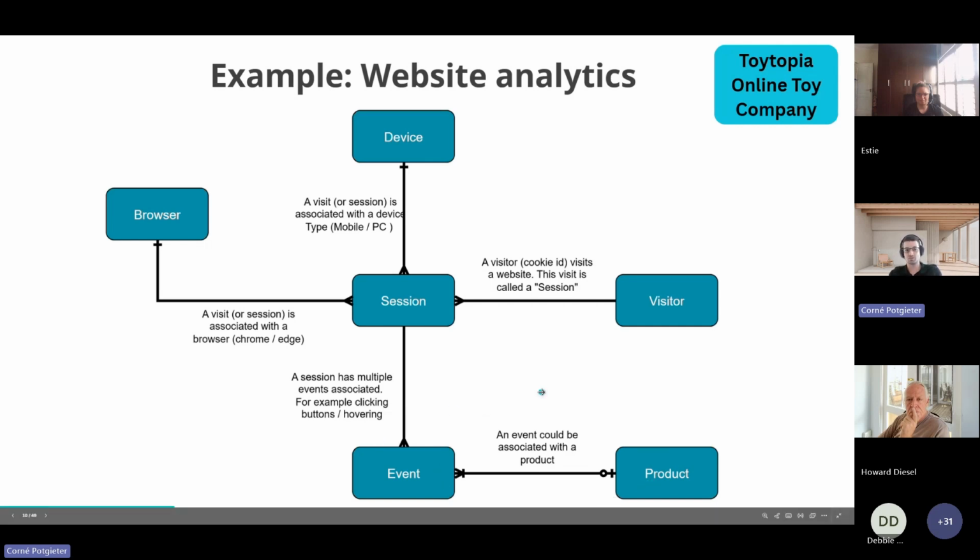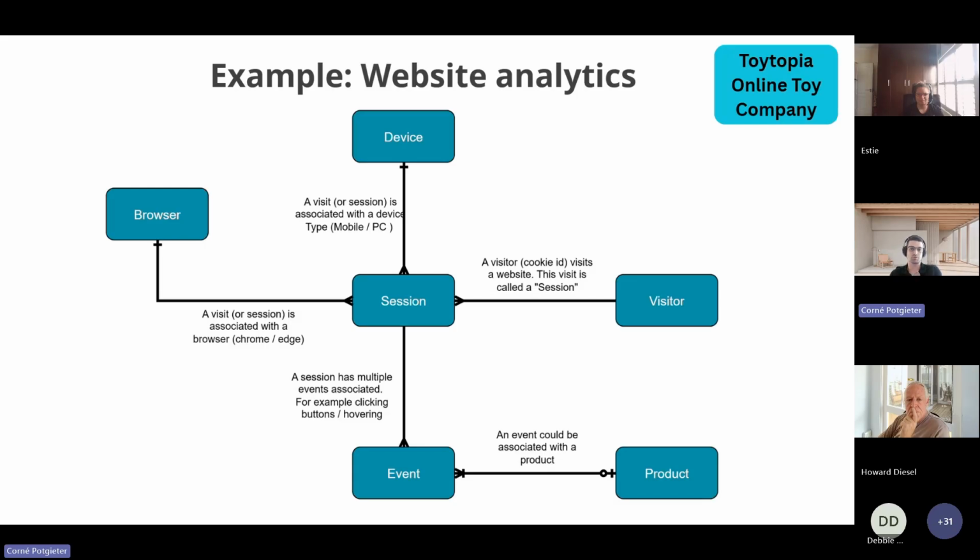Obviously, let's say you're just on the main screen of a website, browsing, clicking around. That's not necessarily associated with a product. But once you click to the sub pages and you go to the order, or you go to a page that's specifically about a product, then it becomes associated with a product. So this is a simplified version of the data model, but I think it illustrates the point.